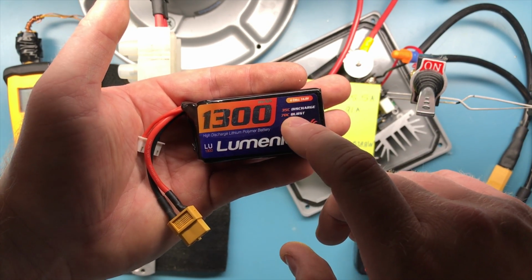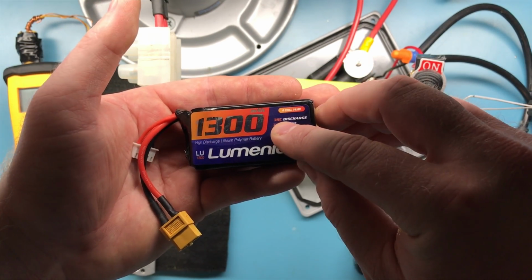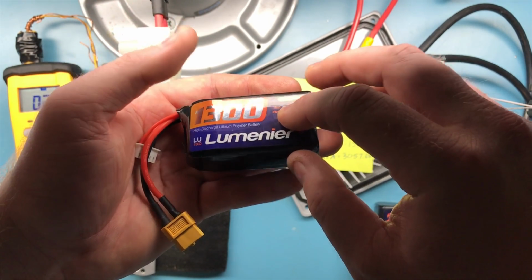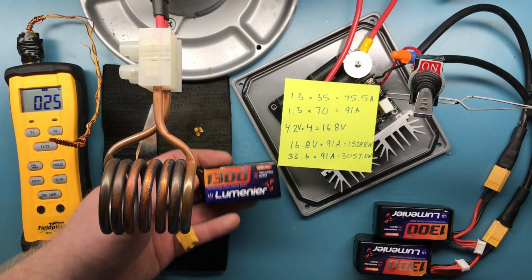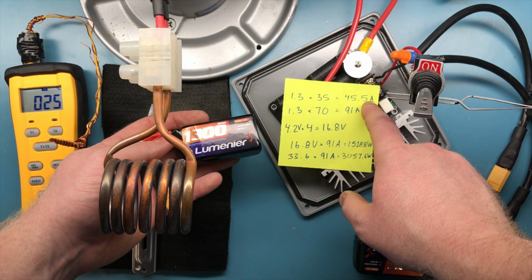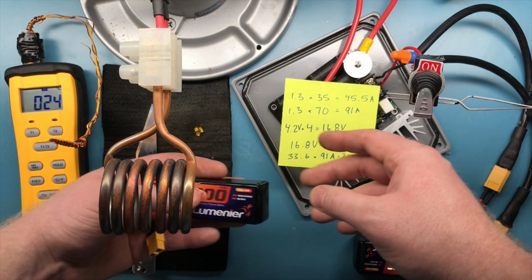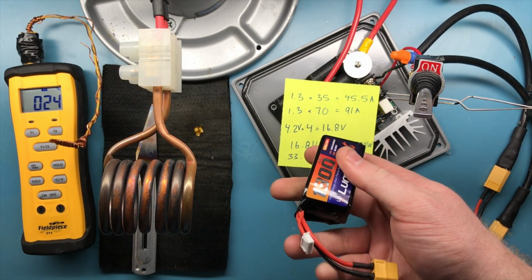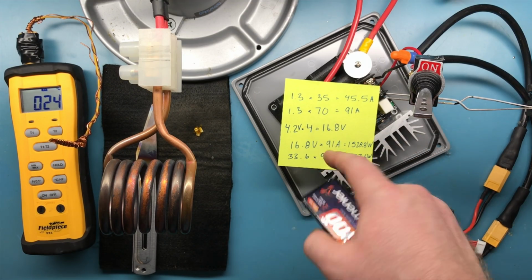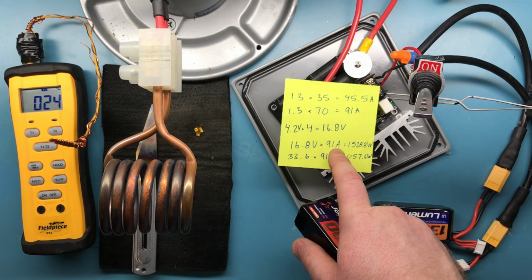And you multiply that by the C rating. The burst is the max current burst, and then the continuous discharge is just usually listed on the front of the batteries. So these batteries I'm using are rated for 45 amps continuous and 91 amps peak. And so if we do the math here, fully charged about 4.2 volts per cell times 4 cells gives us 16.8 volts. 16.8 volts times 91 amps gives us